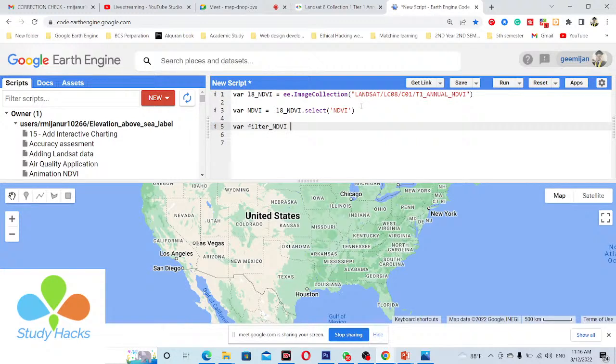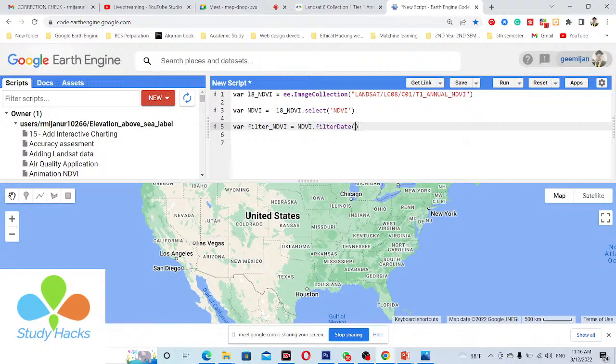You can use any variable name. I call the NDVI variable because it stores my whole image collection with my selected band NDVI. I paste it here, and then I use a function called the filterDate function.